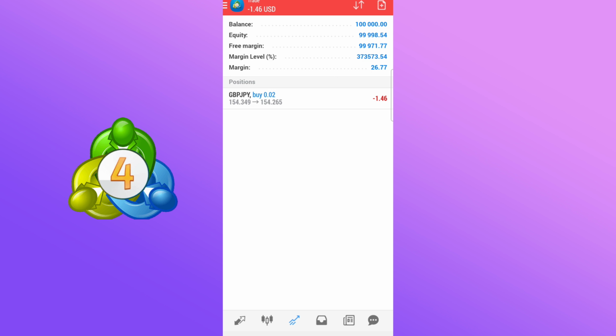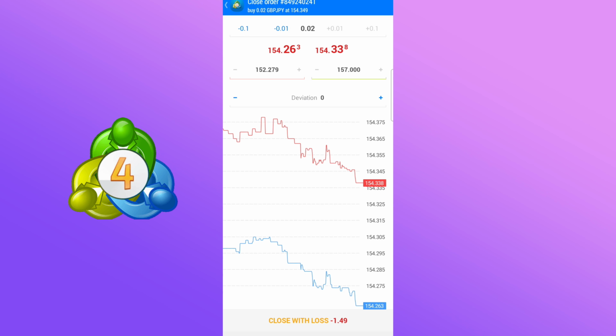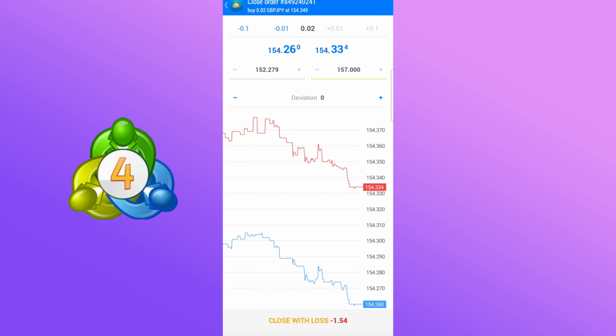So right now I'm in the negative $1.46 on the Great British Pound, Japanese Yen. Let's say I wanted to close this order, right? So what I can do is close this order